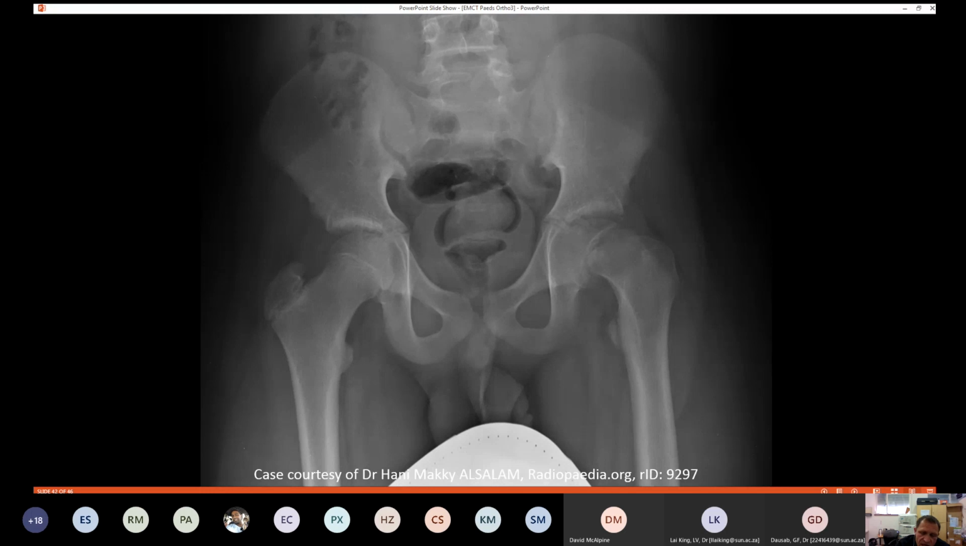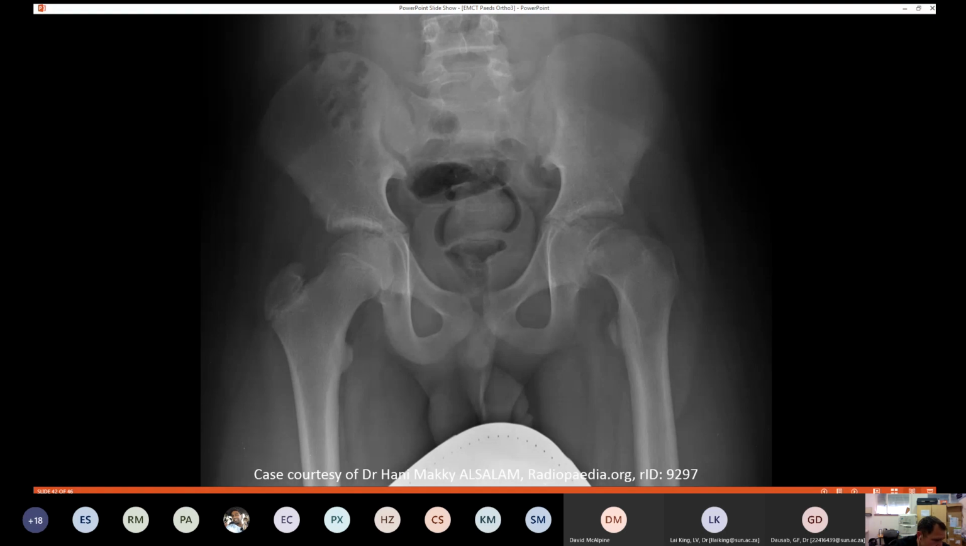Again, it rarely happens simultaneously. It's first the one hip and then the other hip. And conditions that would predispose you to this is endocrine abnormalities. And those children have a higher chance that they will have bilateral slippage. One of the things that will